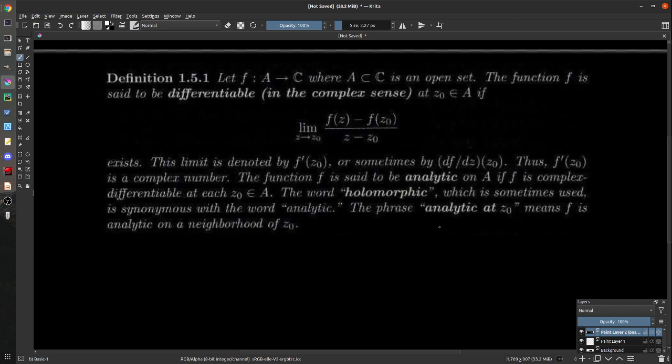The phrase analytic at z naught means f is analytic on a neighborhood of z naught. So one thing that your book does, and I understand why they do, I'll explain it. I personally don't like it, though it is reasonable. They use analytic instead of holomorphic, and I think it kind of steals some of the fun from you guys, because it is a lot nicer just to say differentiable or holomorphic, and then show that analytic, in the traditional